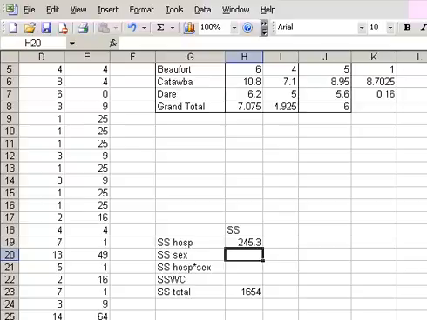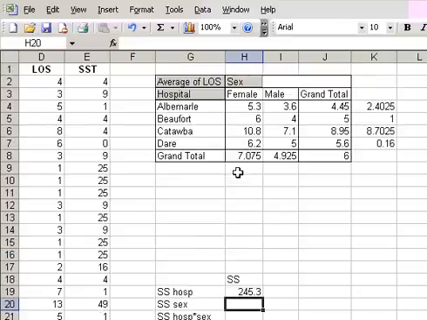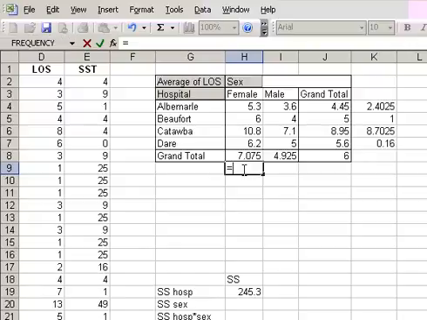The next sums of squares we will calculate will be the sums of squares due to sex. Sums of squares due to sex can be calculated by taking the squared difference between this value and the grand mean and this value and the grand mean. So we'll begin with the first of those values, which is the average length of stay for females, minus the grand mean, and we'll fix that with an F4 and then square it,